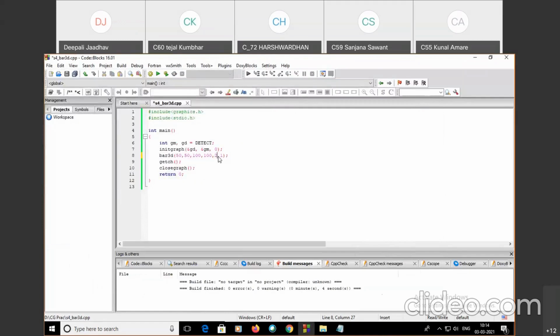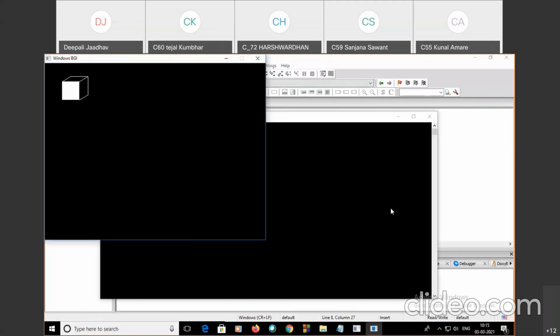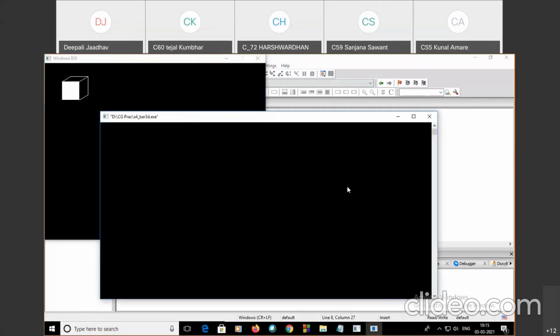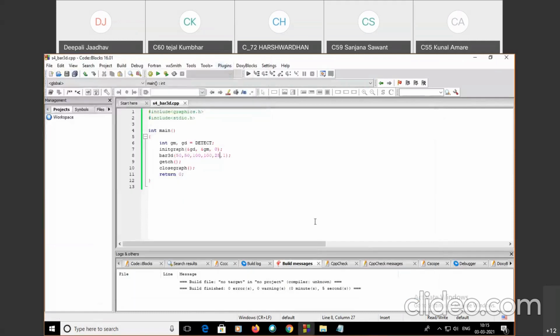So if you want the rectangle in proper size, give left and top the same value, and right and bottom the same value, and then you can see the result. A proper cube is generated here. So using the same method that I explained in the previous part, use getmaxx and getmaxy, and try to draw it in the first quadrant. And then on these points you can apply translation and rotation.